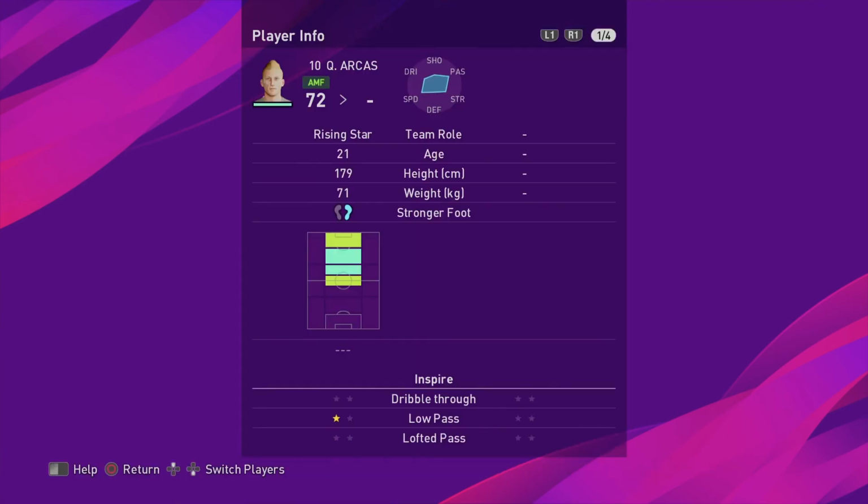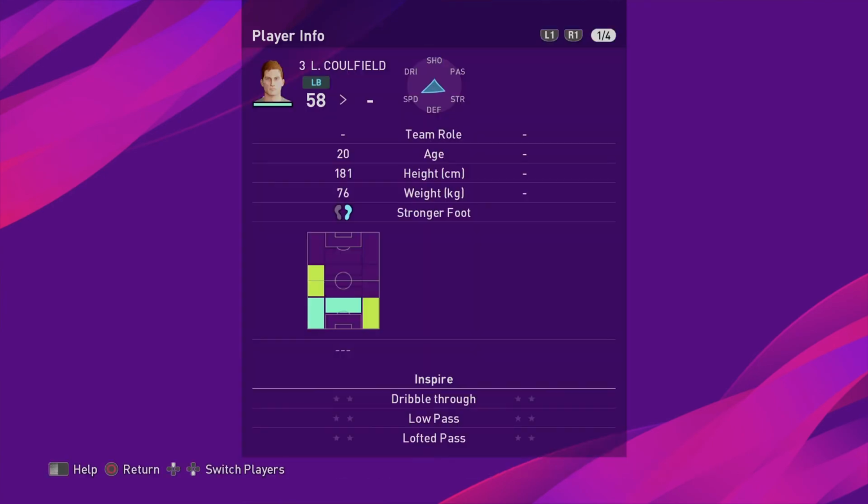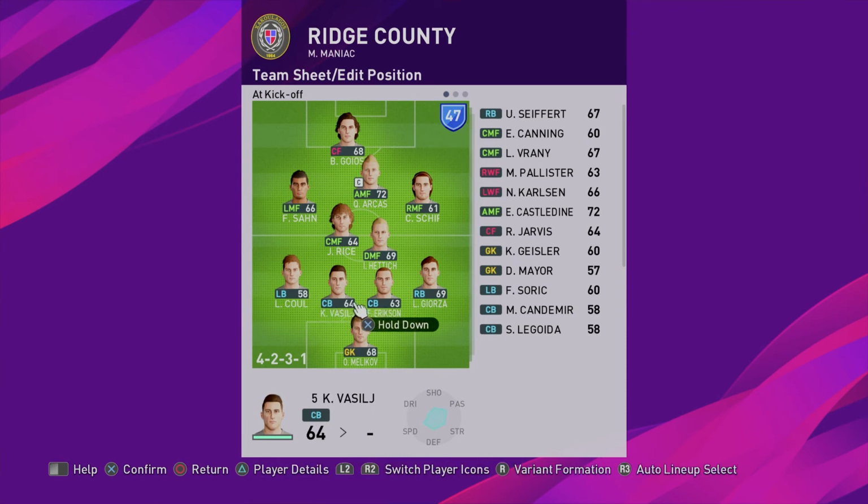Nicely in this iteration of PES, as you can see there, it gives you a little colour-coded bar of the positions that they do secondary and also their primary. So as you can see, primary, Arcas can do attacking midfield and support striker. I'd like him to be able to fulfill that centre midfield role as well. Similarly, Gyorza will be able to do the right midfield position, hopefully, and if we do hang on to Caulfield,